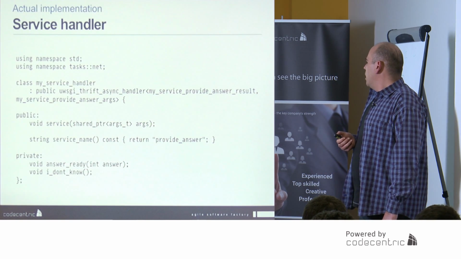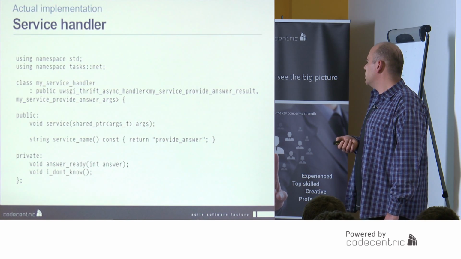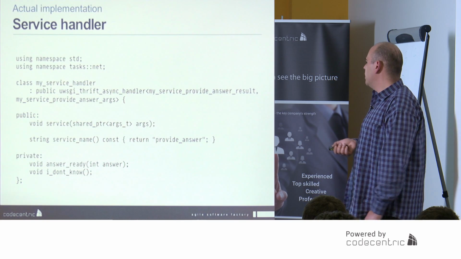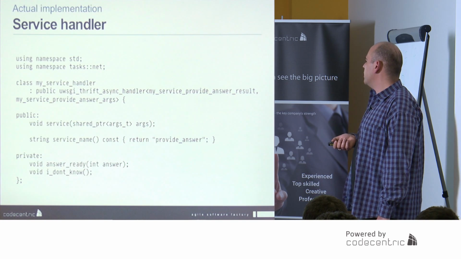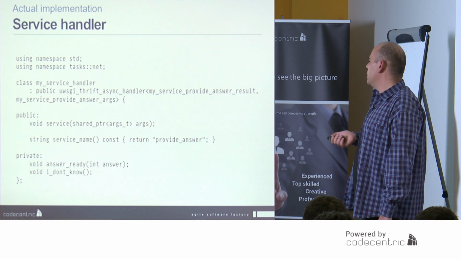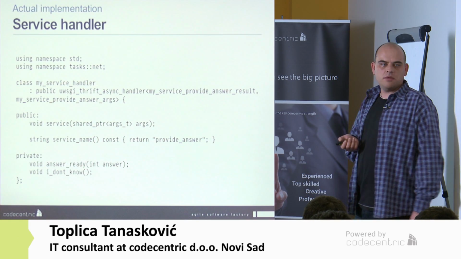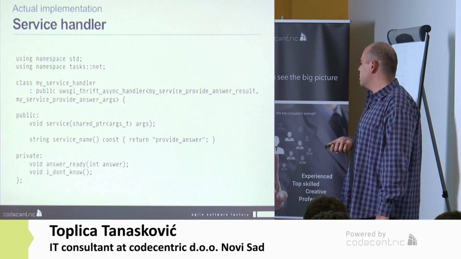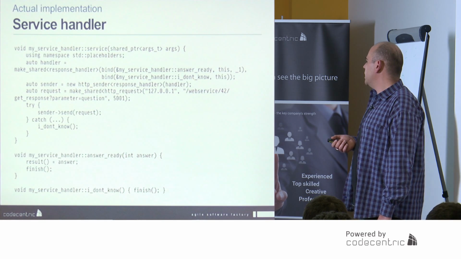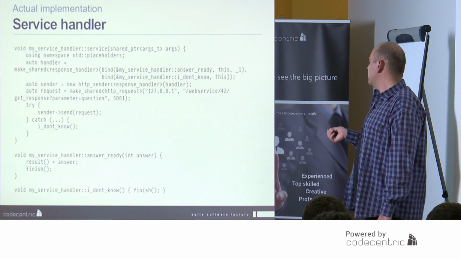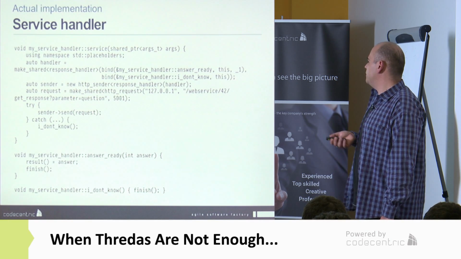So I've prepared a small example. I like to call it the Pancake example. Basically, we have a service handler that accepts Thrift requests, and they want some results, and it's rather simple. We get a string as a question and we return an integer as a response, and we will simulate the data source with a relatively slow web service running on our local machine. So this is how we